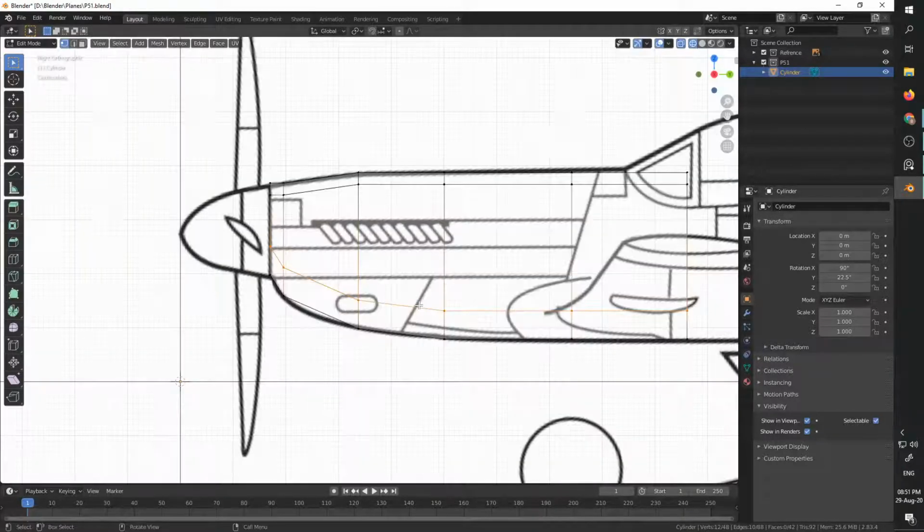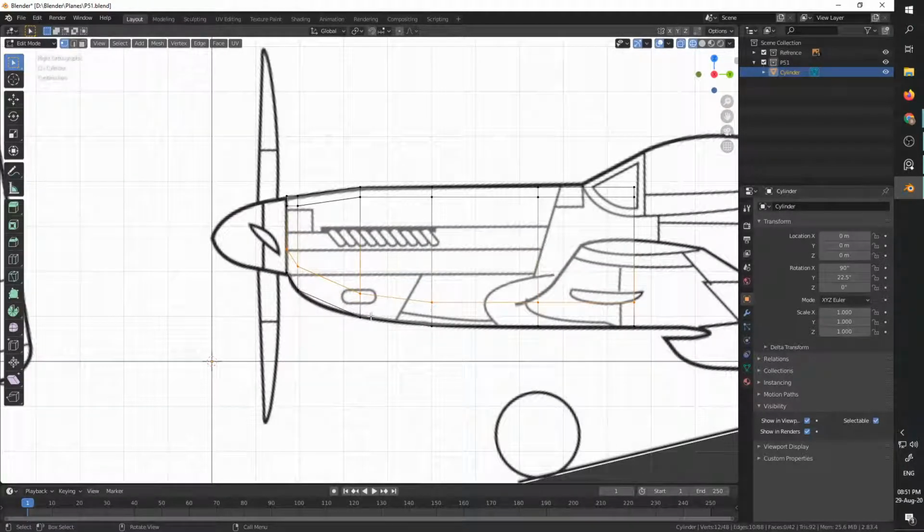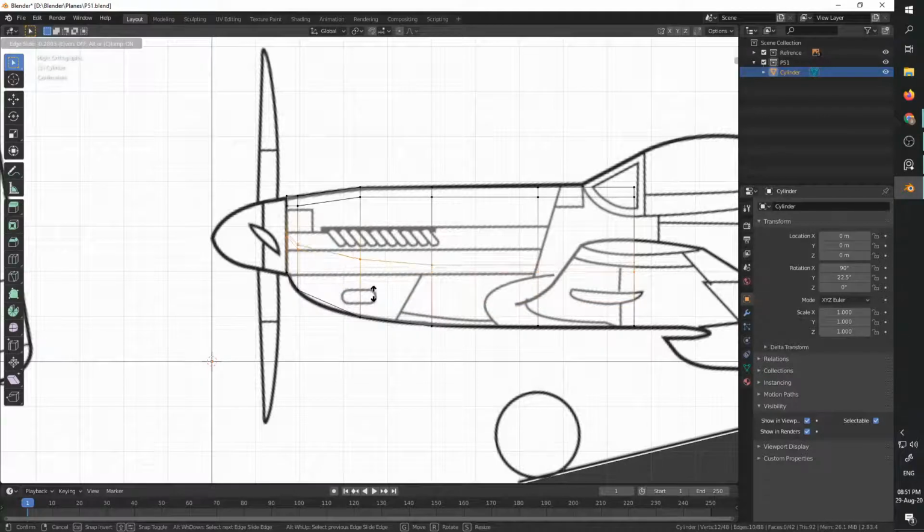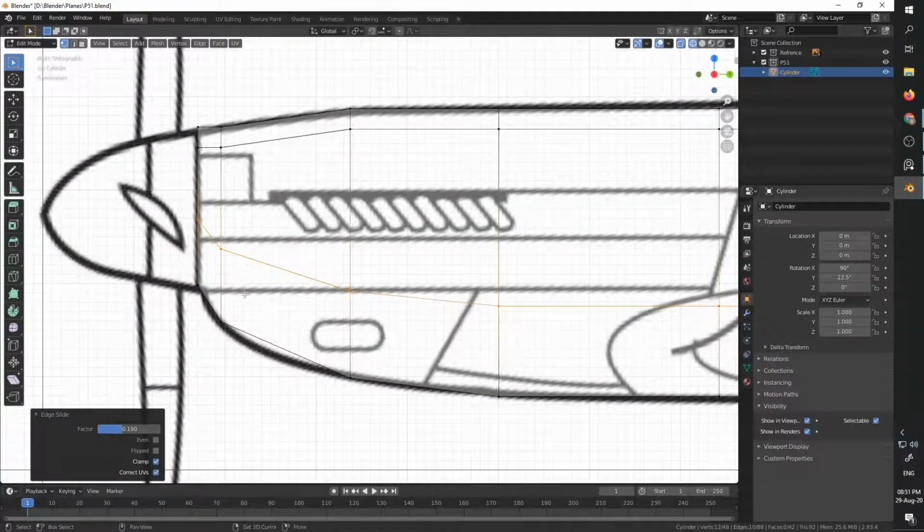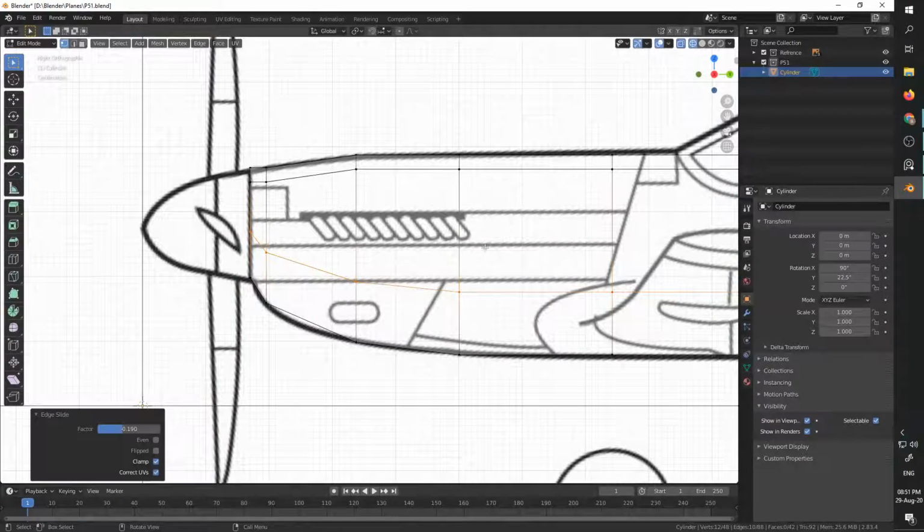I'm going to go back to side view. I'm going to double press G. So G is move, but double press G is slide. And I'm going to slide it slightly up. And I'm going to try to, so you see here it's good enough. I'm going to take this down. Here is good, but here